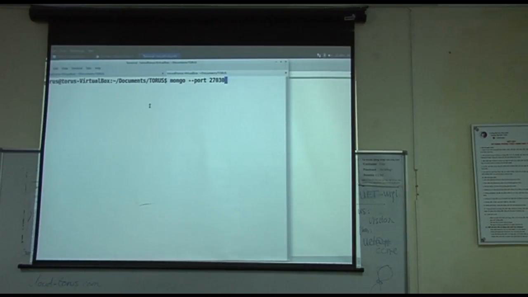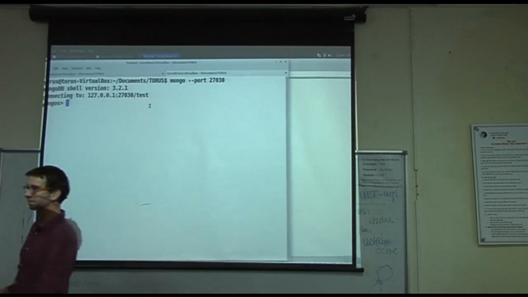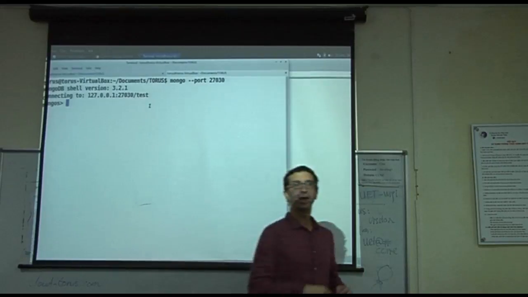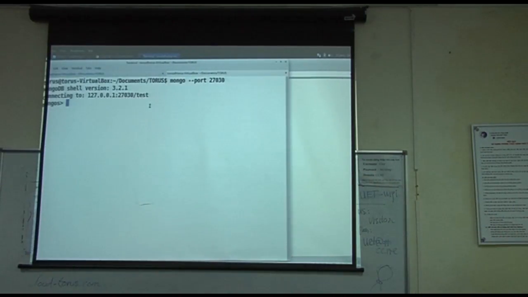And then you strike enter, and you should see something like that. You are connected to the main router, which is mongos. You should have that, and you're connected to the database. To remind you the structure,